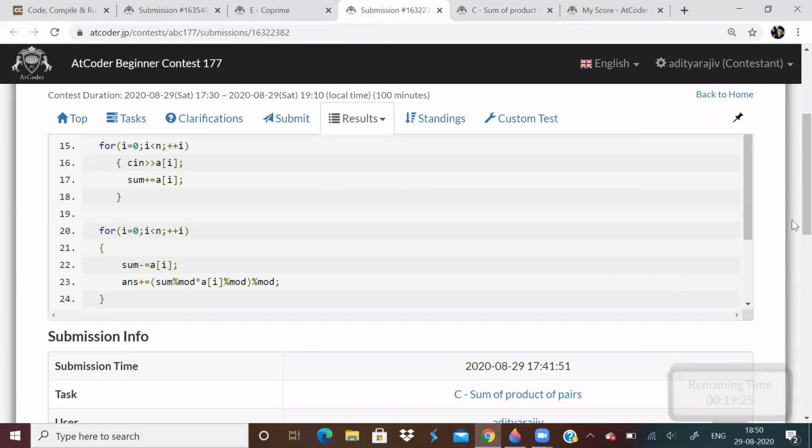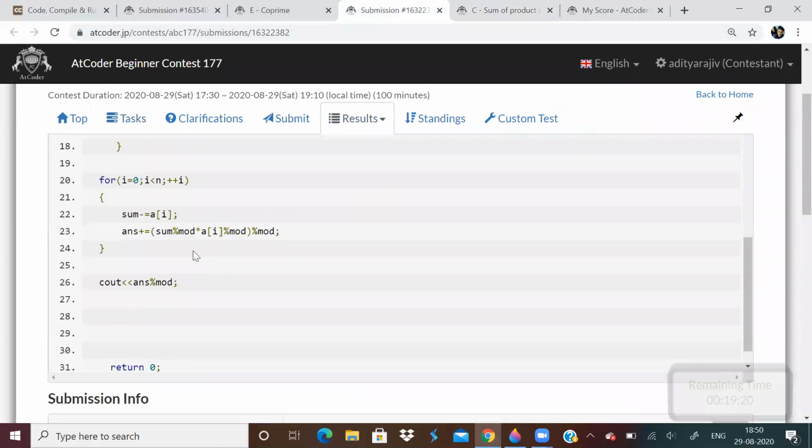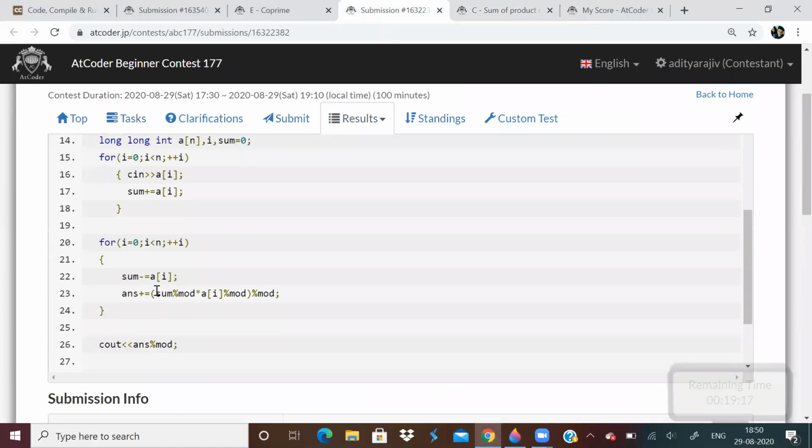So basically over here, you need to know the mod property. When you're multiplying two numbers, this is the way you calculate the mod, and you're continuously storing it in the answer. For more information, please visit GeeksforGeeks. They have given modulo properties. While multiplying two numbers A, B, A into B mod C is (A mod C into B mod C) whole mod C. So that is what I've used. I've used the property here.